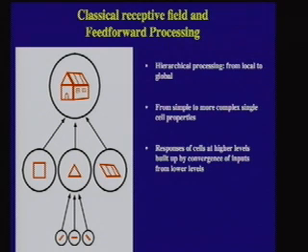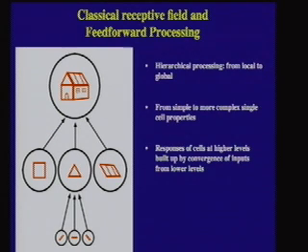Now, the concept of the classical receptive field and, generally speaking, feedforward models of the visual system have somewhat dominated the idea of how visual processing occurs in the brain. According to these models, and they really have provided the basis for many ideas of how the brain represents object or form, a basic concept is that neurons in visual cortex can be seen as filters or feature detectors, and that the visual system can be viewed as a hierarchy of filters.